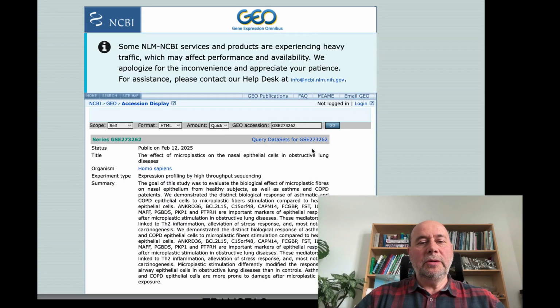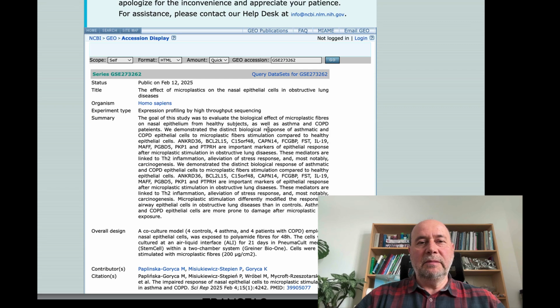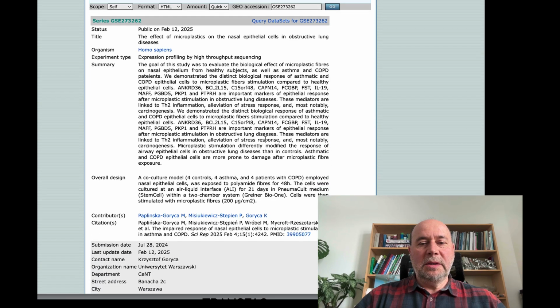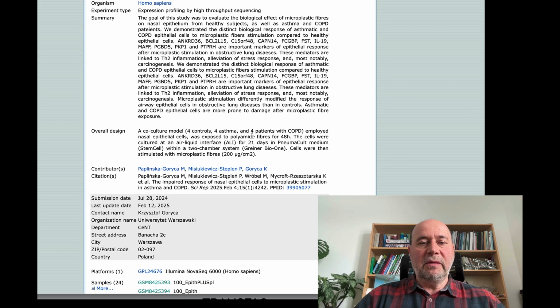So what we are going to do, we are going to analyze the data from the Gene Expression Omnibus. This is data coming from a very recent paper published in the beginning of 2025. Here they had several patient samples from 4 asthma patients, 4 patients with COPD, and 4 controls.